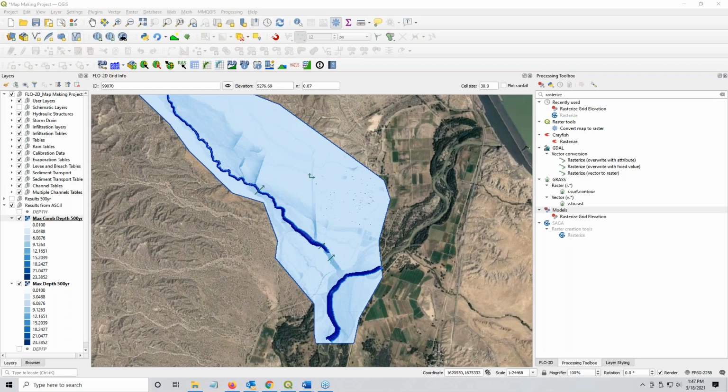This is Karen O'Brien, and today I want to show you how to use the QGIS model development tool to build a model that will take your ASCII data from a FLO-2D results and rasterize it. So this is a fairly simple process, but we have to have a few things in place before you get